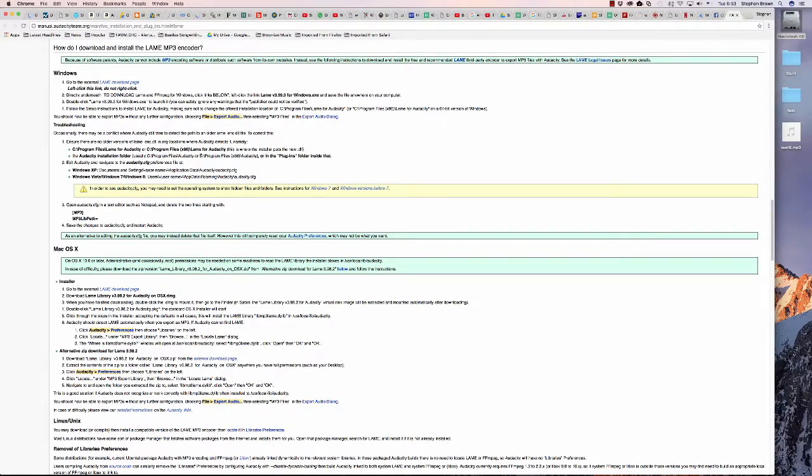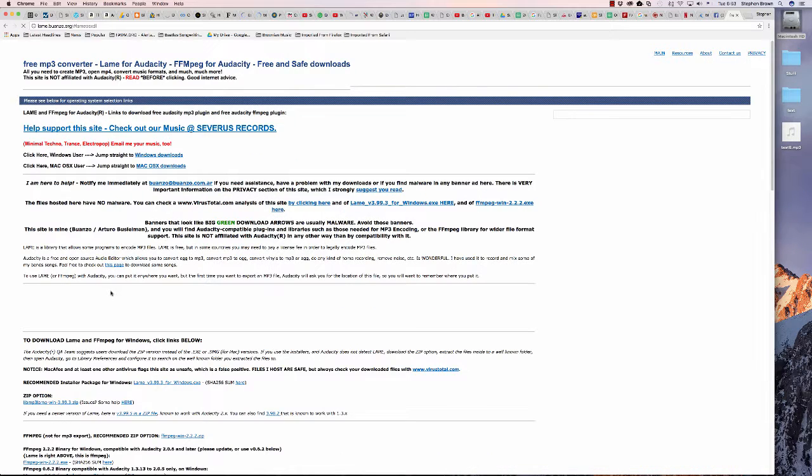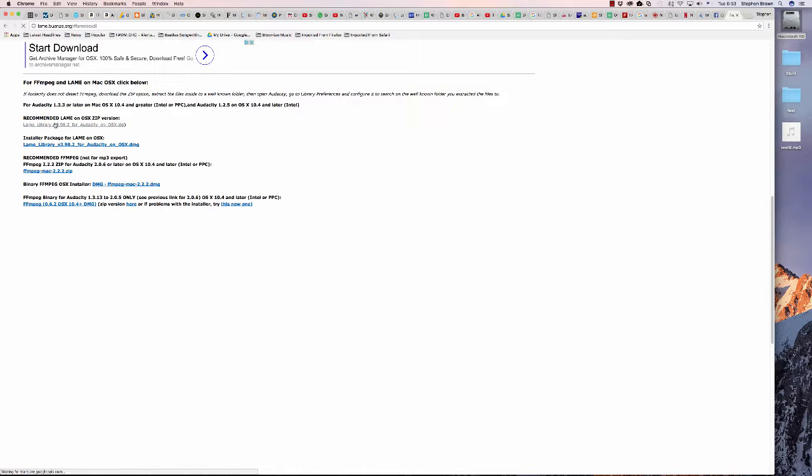which will bring you to this page where you will then look for the platform you're working on, Windows. In this case, I'm on a Mac. So I click here, and then I find the zip file. We can download that. I've already downloaded that, so let's go take a look at what we have